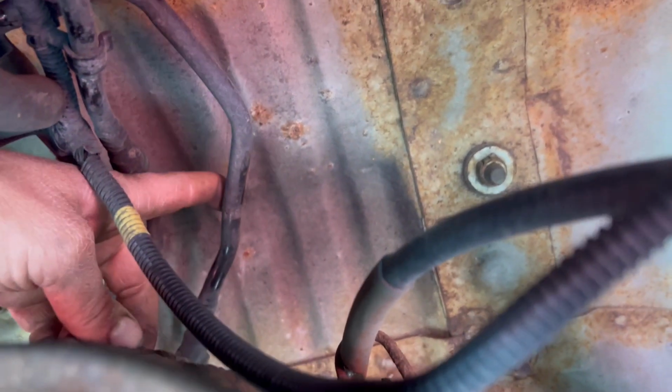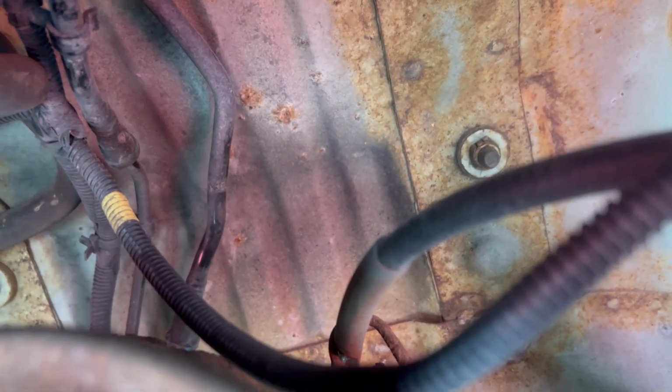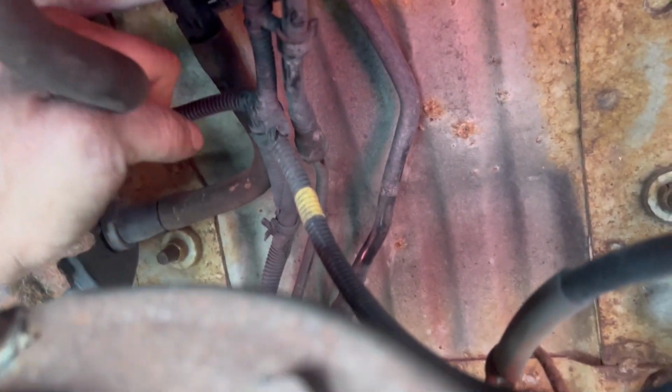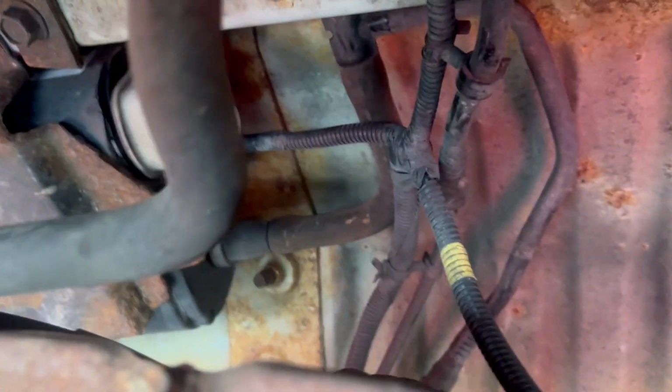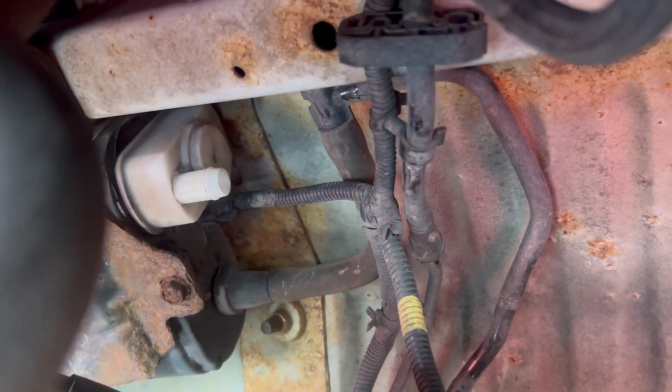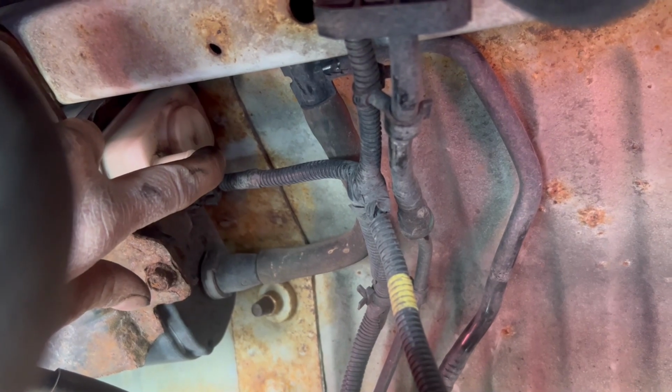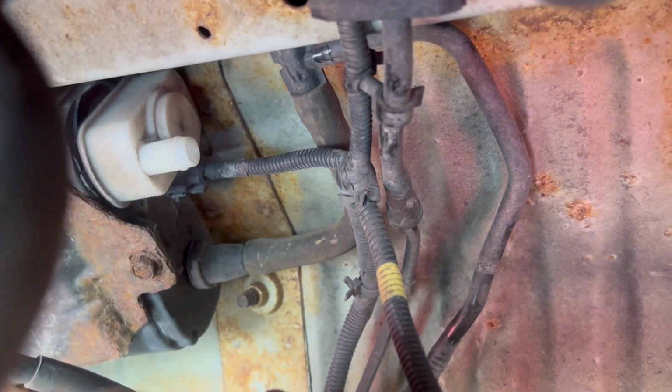I proceeded then with it running to, I don't know if you can see it here, check the vacuum on this line, making sure that the purge solenoid had vacuum, and it did. And I removed the vent tube off the leak detection switch, or integrity module they call it, and I could not feel the vacuum here. So I figured there had to be a leak somewhere, and that's why we're going to use the smoke machine